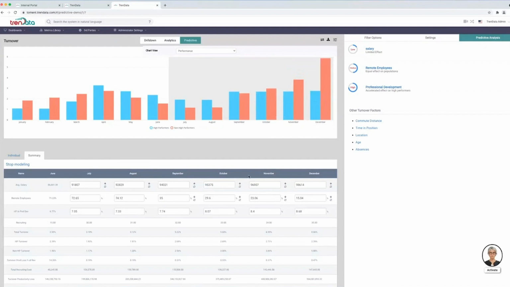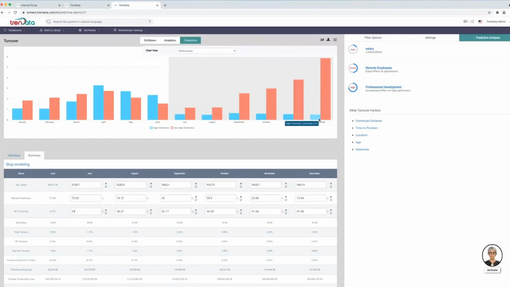effect amongst high performers. Then I've got this third facet to the model, which says right now I only have about 7% of my high performers in any kind of professional development. So what if I were to take that one and increase it to say 25%? And you can see that's what then drives down the turnover here for the high performers. So this is just an example of one of the models you can build with the system using your historical